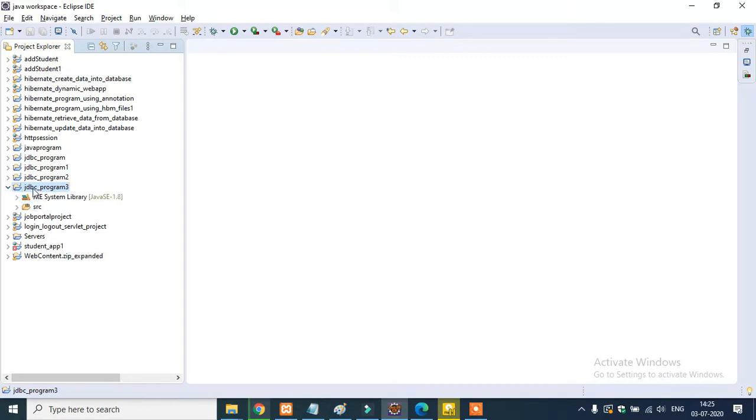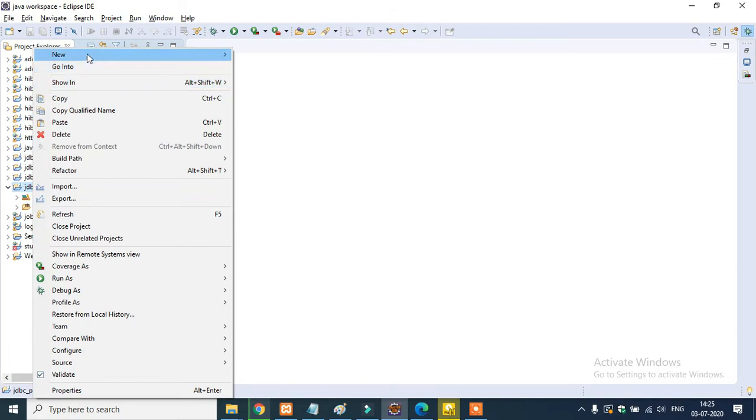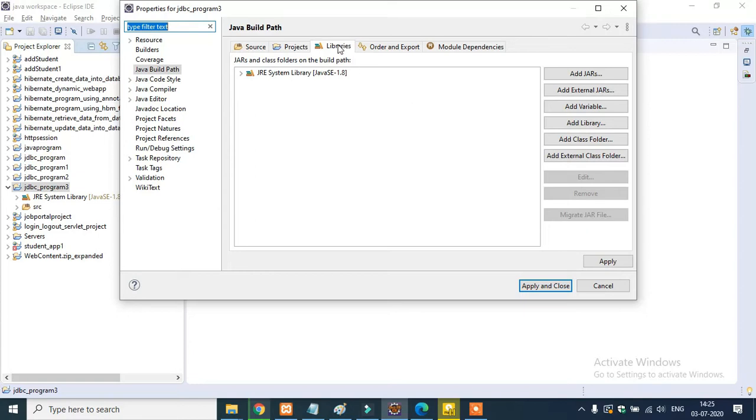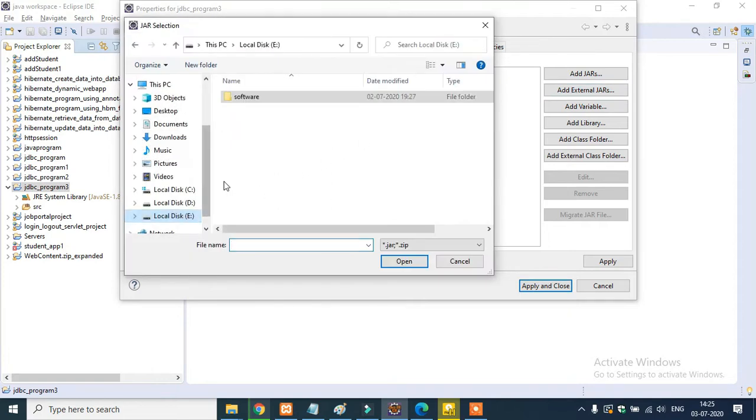First I will import the connector jar file and link it. Go to Build Path, Configure Build Path, and inside Libraries go to Add External JAR. Go to E where I have downloaded the connector jar file, which is nothing but the driver.